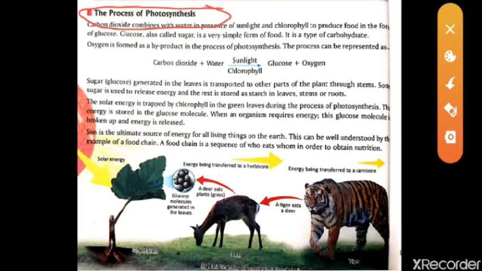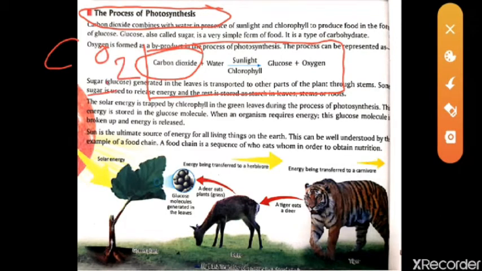See, in photosynthesis, the main part is this one, the chemical equation. If you remember this chemical equation, this is very easy. You will not forget anytime. So just see here, carbon dioxide is there. That means we are having carbon dioxide. We are having water. Again, we are having sunlight.